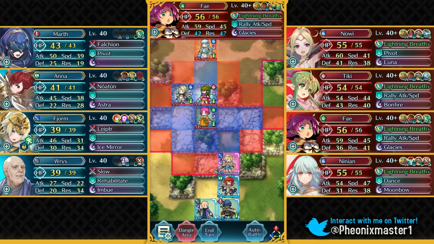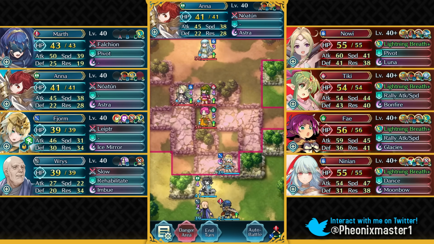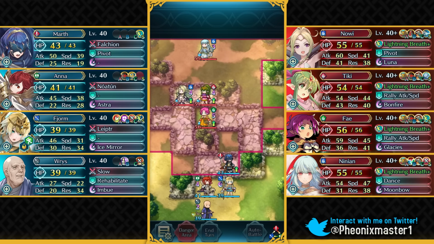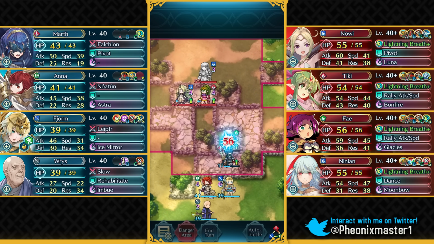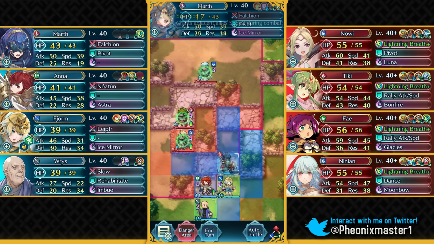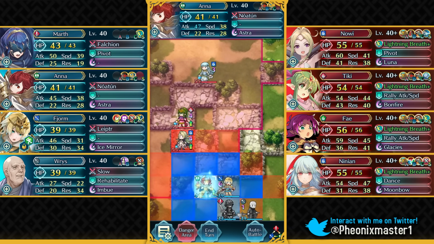So Faye is here, and now what we can do actually is just put Anna here, Fjorm here, and Marth in the range of Faye. And you do need the Spur 1 support to prevent the double from this Faye. And then you can also one-shot that Faye because of Drive Attack. So we can move Marth down, heal him up,